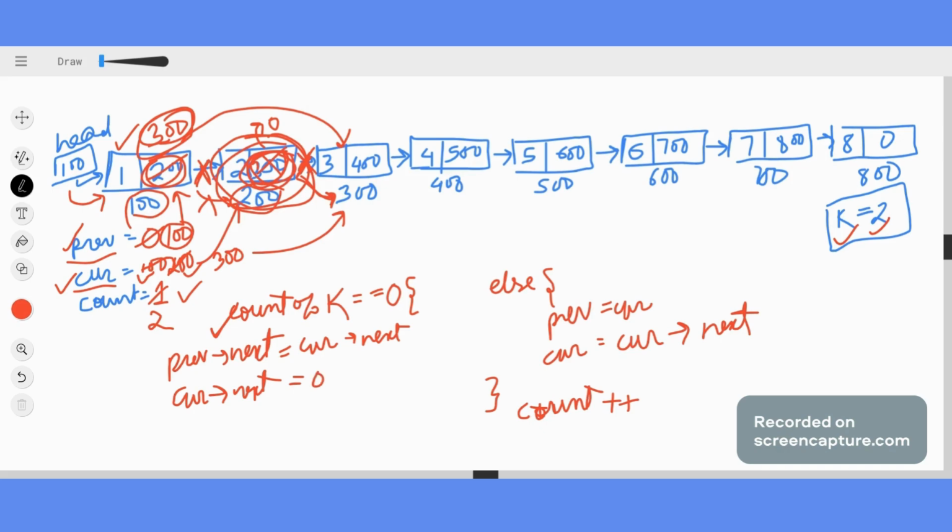Fine. This cur next was made null. So this link was broken, and this node was removed. Now what? Now we need to point this cur to our next node, that is the node at 300. So to point this cur node at 300,